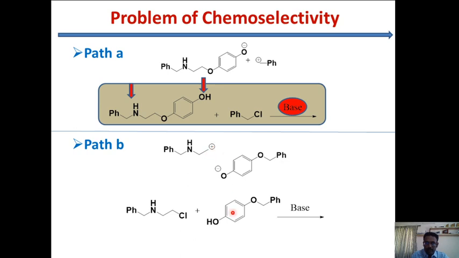Here you simply put the leaving group and you have the corresponding alcohol. So when you treat in presence of a base, again the same problem you faced in the case of path A. If you treat these two molecules in presence of base, again you have a problem. In the amine molecule you have an acidic proton, and in the phenol molecule also you have an acidic proton. So the base will remove both protons, leaving both as a nucleophile. So both now here is a nucleophile.